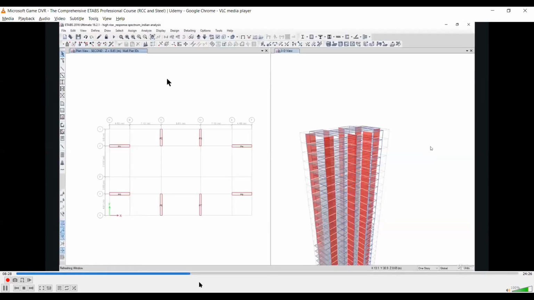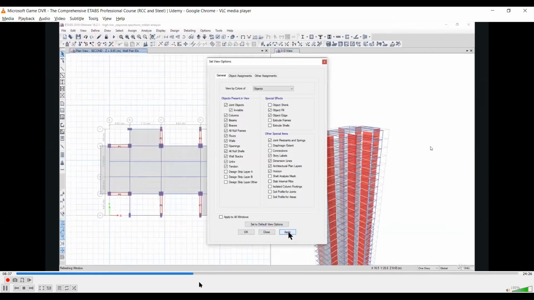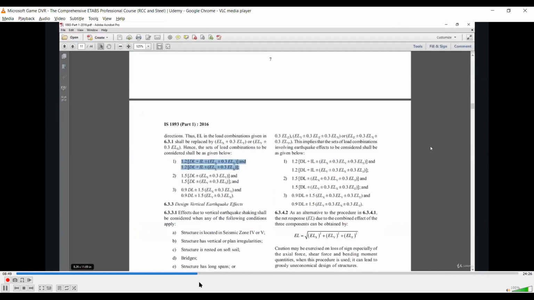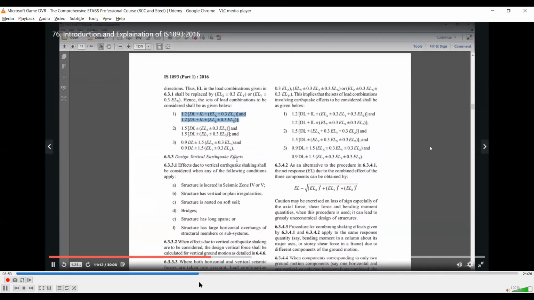Here in our case, the building line is parallel to the x-axis and the building line is parallel to the y-axis. If this building had been rotated like this, so that the building is non-orthogonal, then we would need to apply this type of loading.